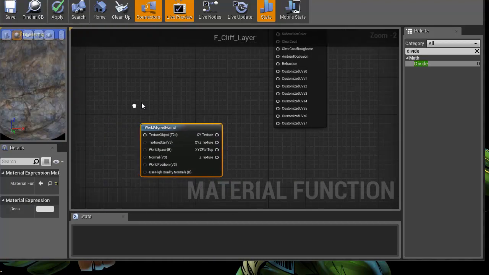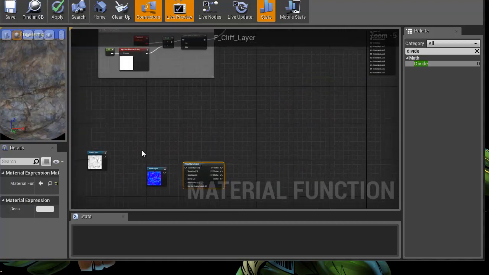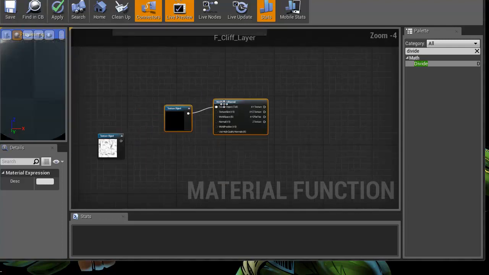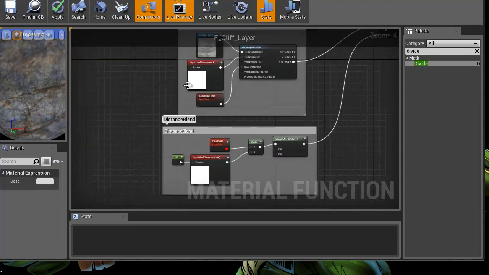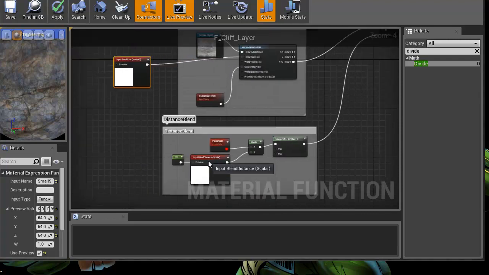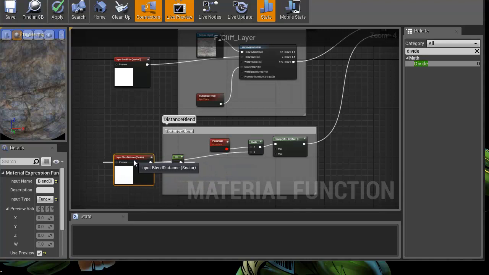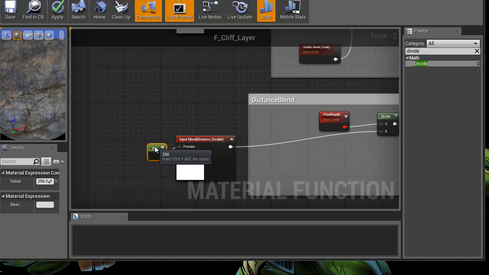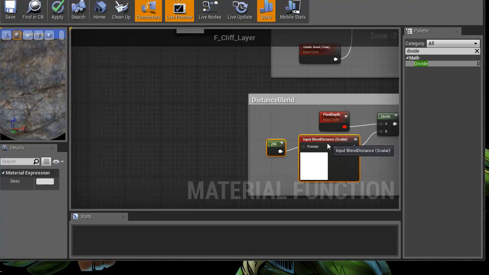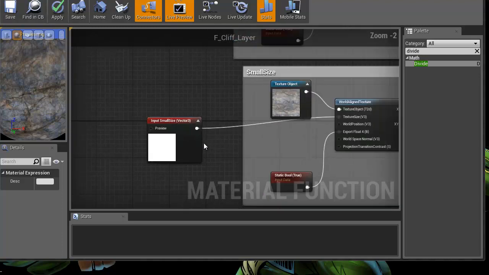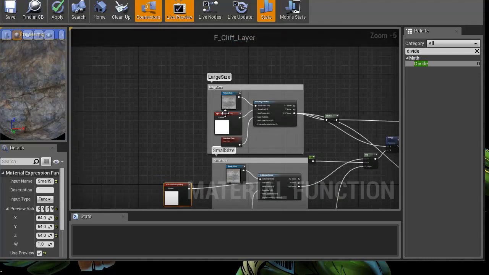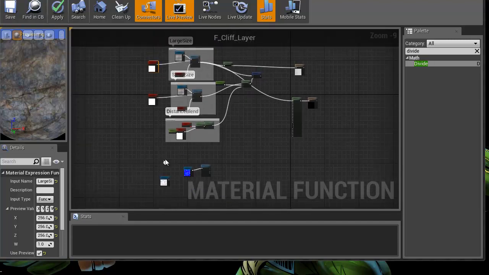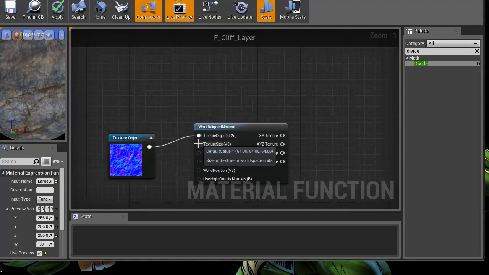Go ahead and pull this back a little bit. So I'm going to plug this in. Texture size, this is going to be my large normal map. So what I'm going to do is pull these guys back. Wait, actually no, that's the blend distance. This is small size. This is large size. So what I'm going to do is hook the large size up here,